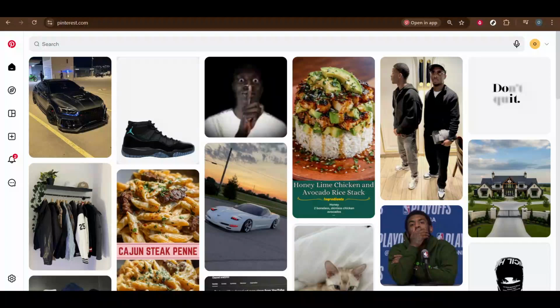In today's video, I'm going to teach you how to log out of Pinterest. Logging out is a simple way to protect your account, especially if you're on a shared or public device, or if you manage multiple accounts and want a clean switch. I'll walk you through the process on the Pinterest website, and I'll share a few quick tips so you know